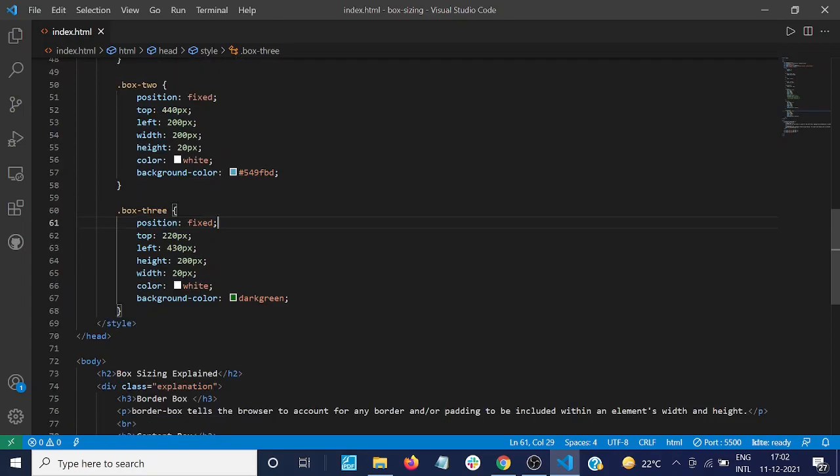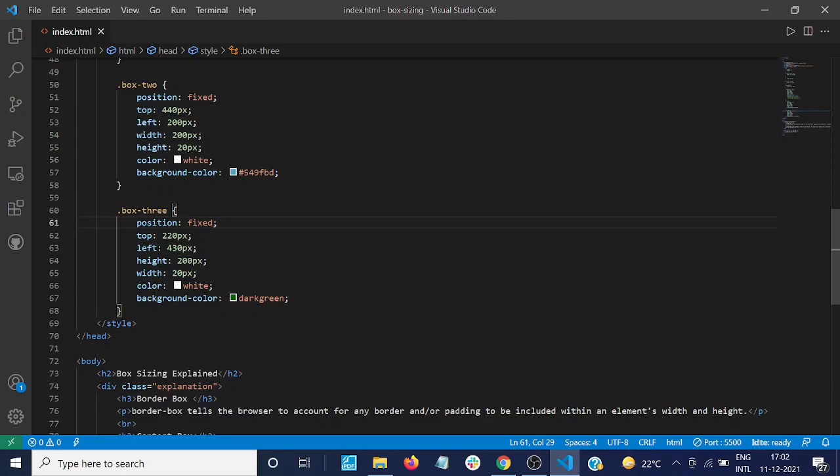And now box 3 is the same thing with a position of fixed. From the top it would be 220 pixel, and from the left 430 pixel, with a height of 200 pixel and a width of 20 pixel. So it would be a rectangle which would have the same height as box 1, but it would be very thin with a width of 20 pixel, and the text color inside would be white, and the background color would be dark green.